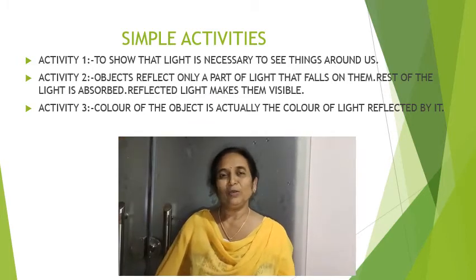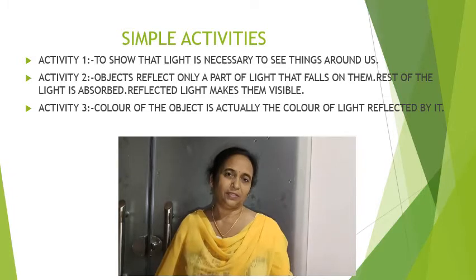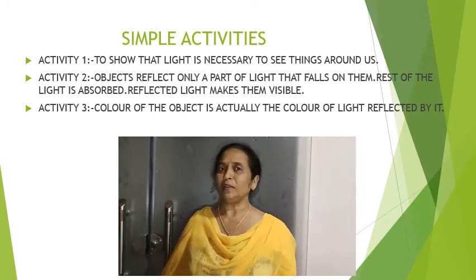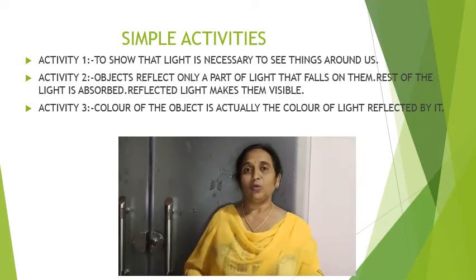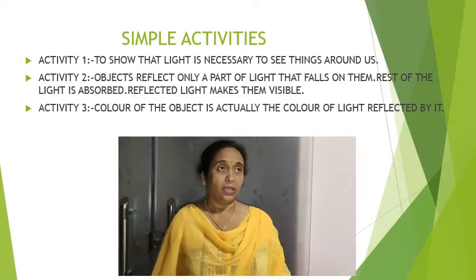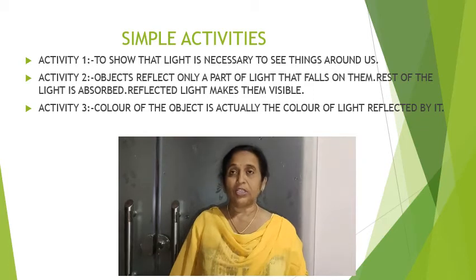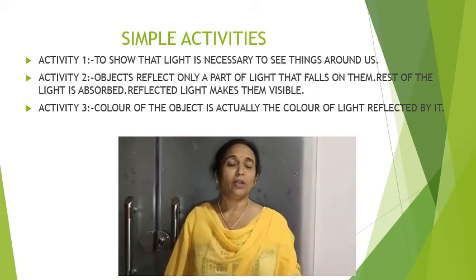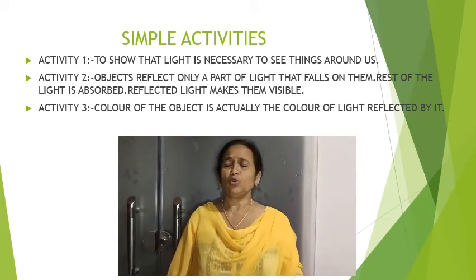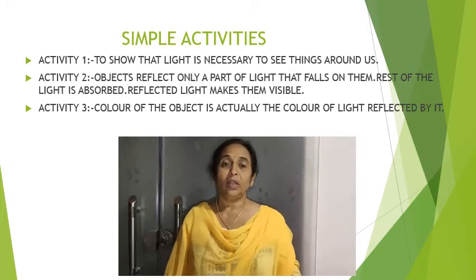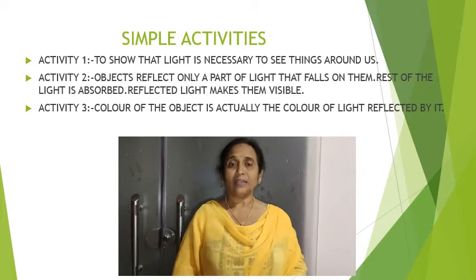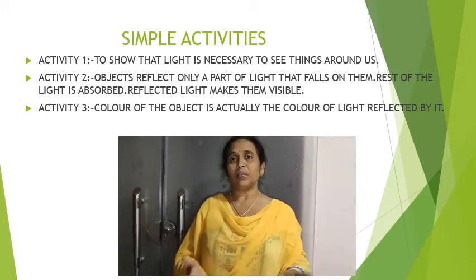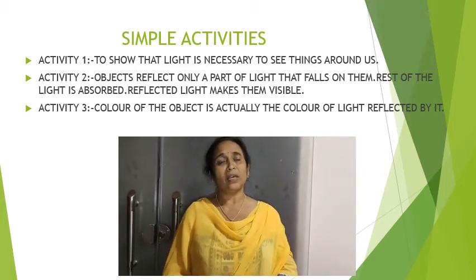So what is the conclusion we draw from this activity? We see so many colors. We see red roses, pink roses, we see yellow roses, we see the rainbow colors, we see green leaves blooming all around. We see so many colors in nature. Where do these colors come from? Are they receiving the colors because they are reflecting the same color into our eyes?